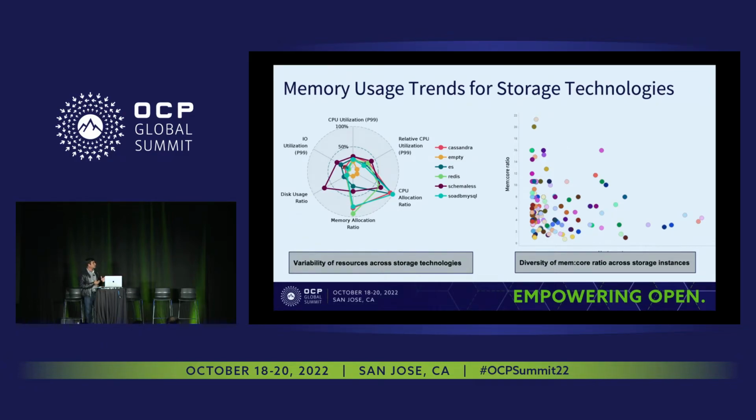So these two charts show the diversity in resources for our storage technologies, whether it is in terms of disks, memory, CPU, and so on. And even within each technology, the chart on the left shows the diversity in the core to memory ratio that we see